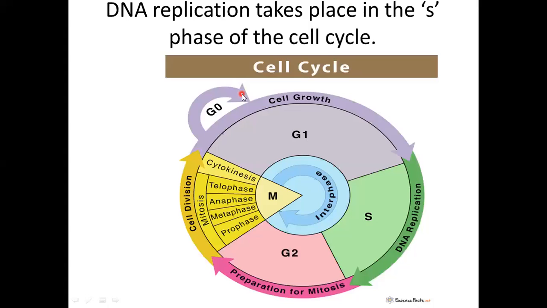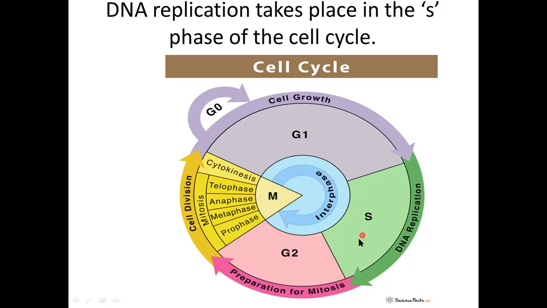So see, just revise the class 11 topic. When does DNA replication take place? We have learned the cell cycle last year. So the cell cycle has G1 phase, S phase and G2 phase. This is called interphase, and then the cell division phase, the mitosis division phase. In G1 phase you learned that cell growth will take place, and in G2 phase also growth of the cell, and it is preparing for mitosis at this stage.